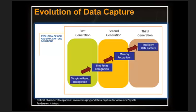Memory recognition then goes one step further to say, okay, if I see, for example, an invoice or a document from a specific vendor, and it's processed once or twice or several times, the system is able to learn the pattern of that specific document layout, and so the next time it sees it, it can process it automatically. That works very well if you have a limited diversity of document layouts. However, it starts to become quite burdensome if document layouts are changing frequently, or if you have such a significant volume of layouts, as some of our customers do, that you don't want to go through that whole training process